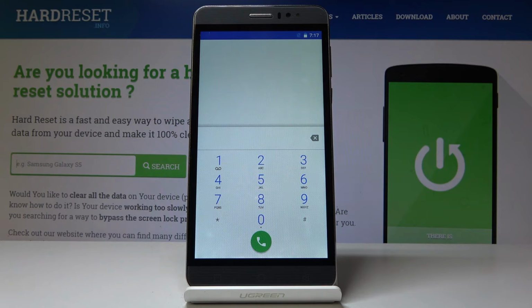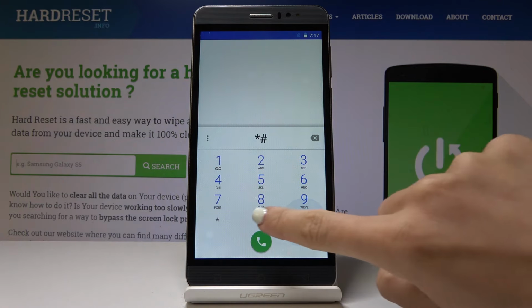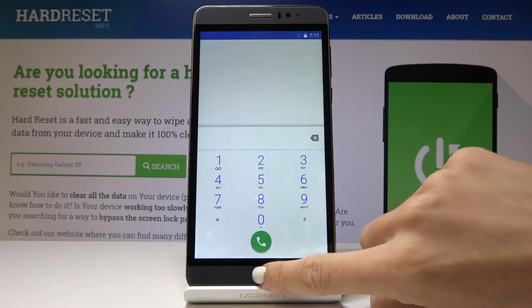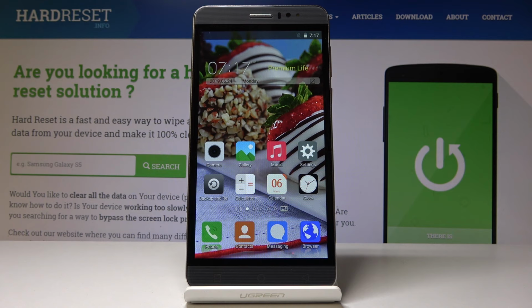And the last code, the shortest one, very useful one, is asterisk pound 06 pound, and this one will provide you with all IMEI numbers for your device, for your phone, for both SIM cards. So that's it. Click on OK to go back. Now you have all the secret codes for your